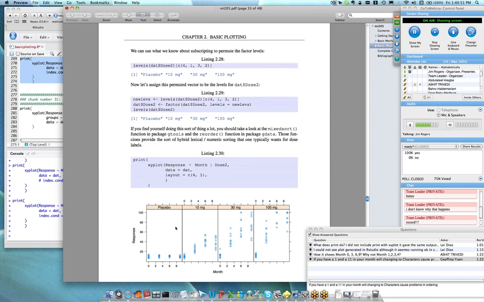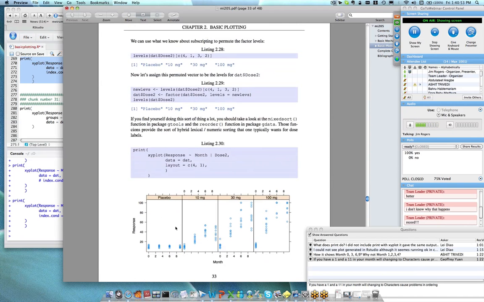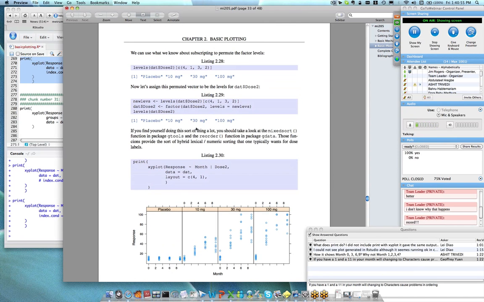Yeah, on page 33, I say, if you find yourself doing this sort of thing a lot, you should take a look at the mixedsort function in package gtools, and also the reorder function. Reorder is actually the one that you really care about. So here's what you do. If you find yourself doing this a lot, and you probably do if you work with data that has doses,